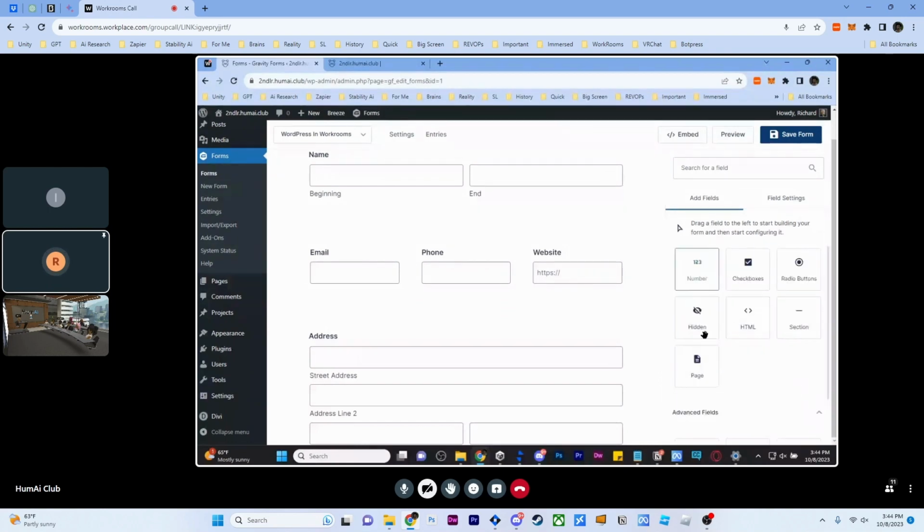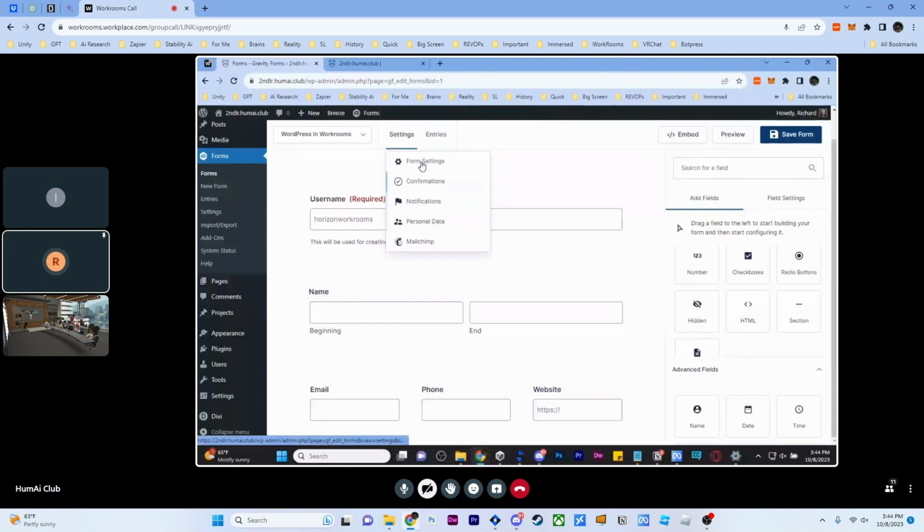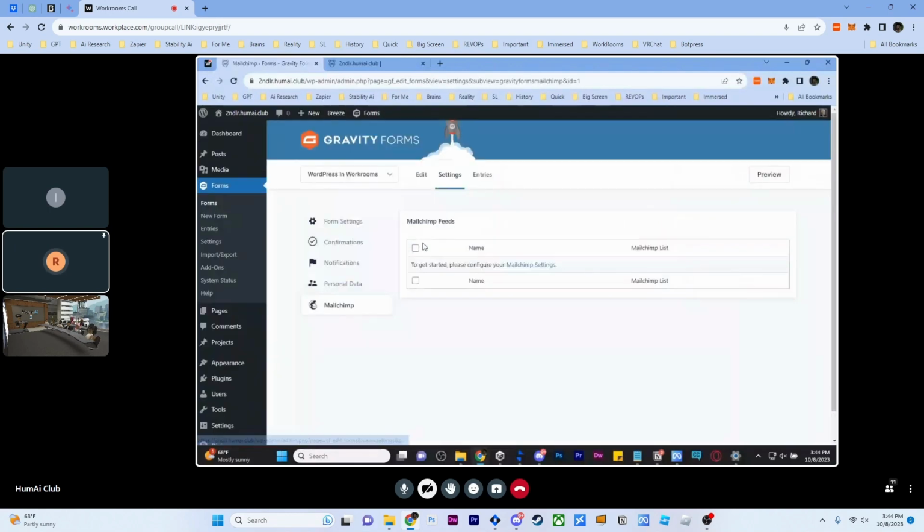Sometimes there's not actual fields that are added, but if we come here under settings, you see we've got this MailChimp part now. First I've got to connect the MailChimp in order to do it. But then you'll have back here where you can map the fields to your MailChimp, and then when the form is submitted, put them inside of a campaign or anything like that. So yeah, and that applies for